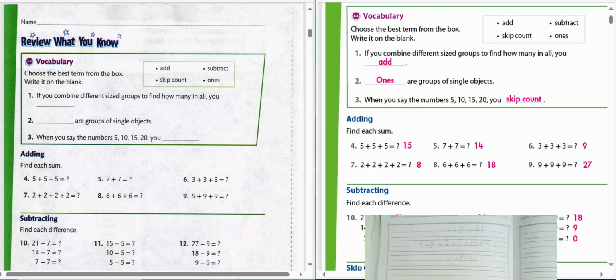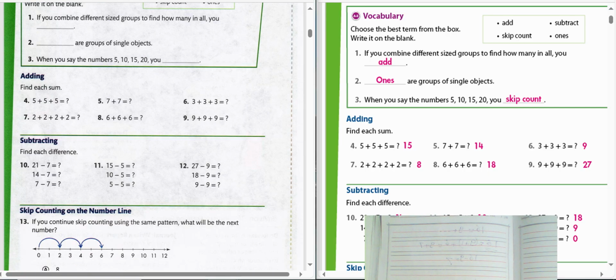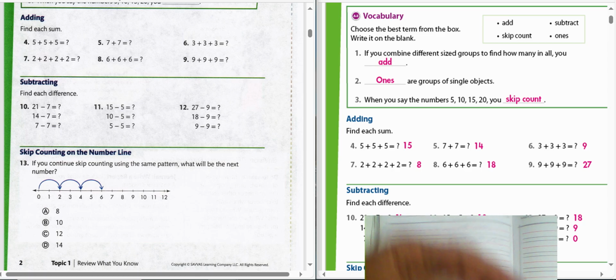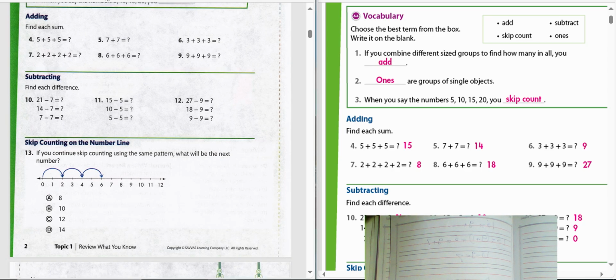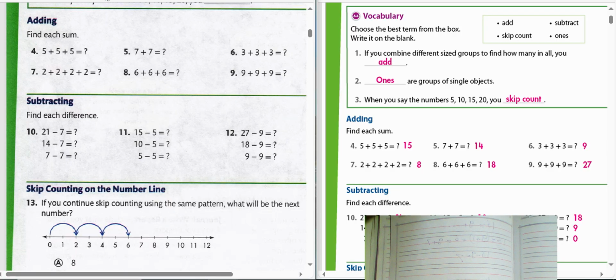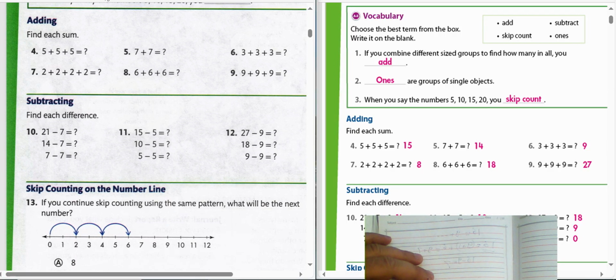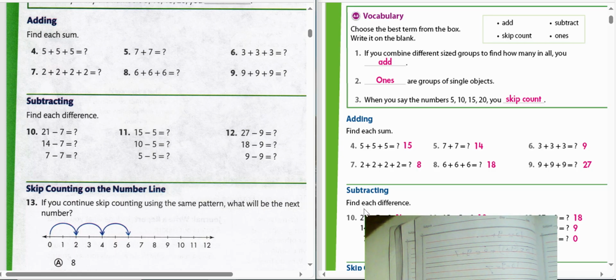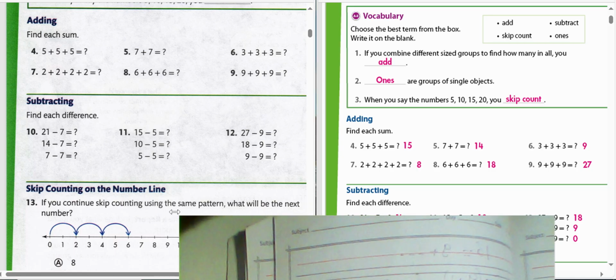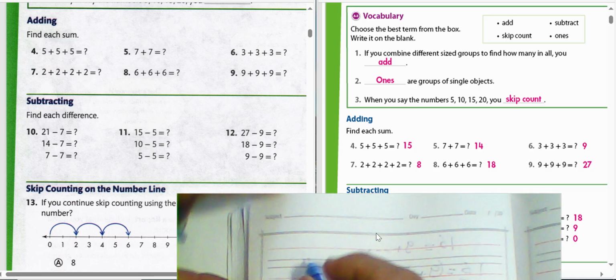And subtracting, you can solve the example subtracting here about this question. 21 minus 7. Who can tell me 21 minus 7? We can put 1 from the left-hand side to find the answer. Look at here. 21 subtract 7. We know 1 minus 7, we can't do it. So you must put 1. For this example,